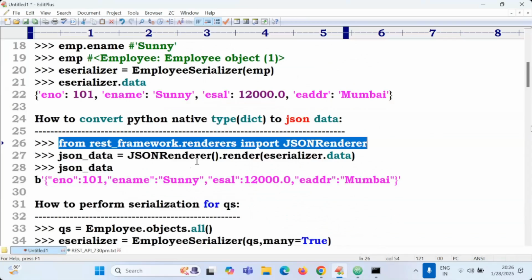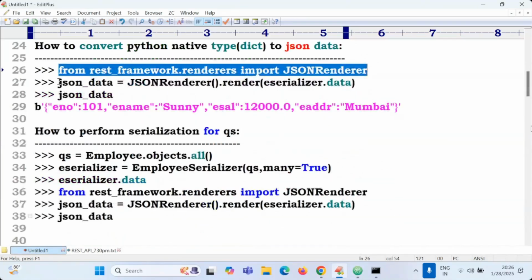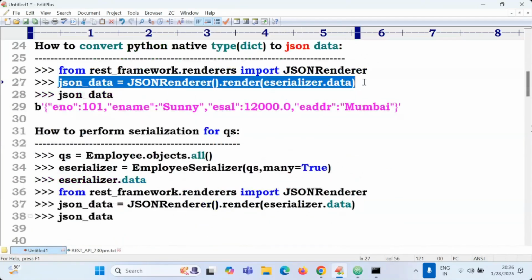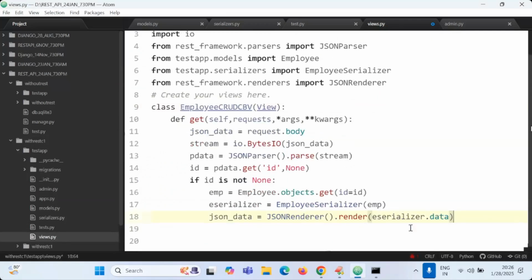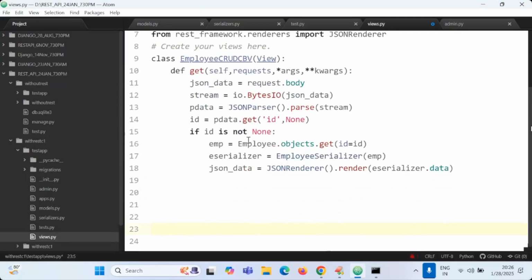Previously I executed this in the command prompt, now I provide it directly. Copy this, paste it. So one employee object I am reading, a complex data type, converted by the serializer to a Python dictionary, then converted to JSON data. Send this to the